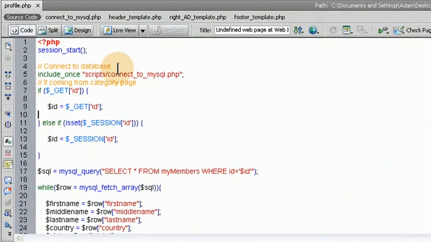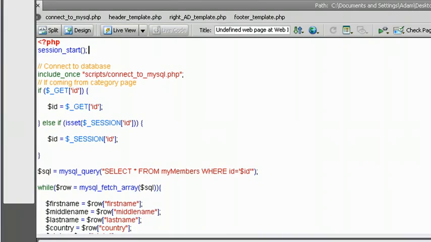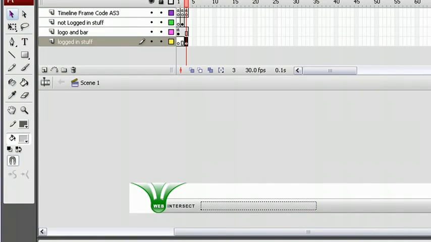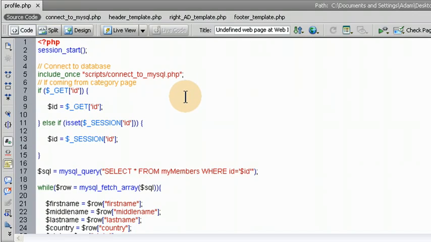But what we're going to do here is we're going to connect to our database. Well, first we run session start to access any session variables available for that logged in user if they happen to be logged in, because if they click view profile when they're logged in on the site, we want to make sure we usher them to their profile, so they can view it like another member would see it. We'll talk about other things later when we need to. But I'm going to show you good functionality here. So what we'll do is we claim the session start, then we connect to the database with our include script,